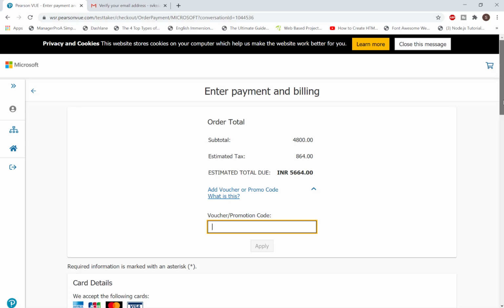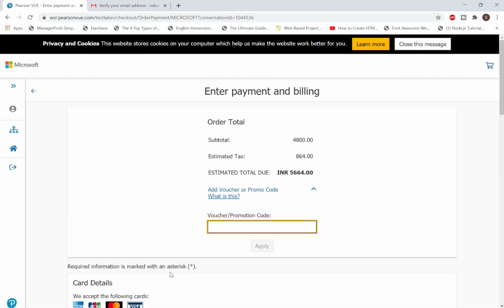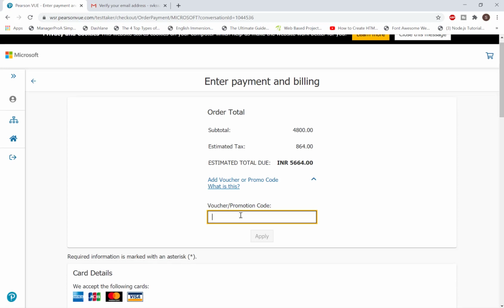Otherwise, you need to pay using your credit or debit card. If you have the voucher code, then after providing the voucher code, you click on apply. Once you provide the voucher code and click on apply, the exam gets scheduled for you.